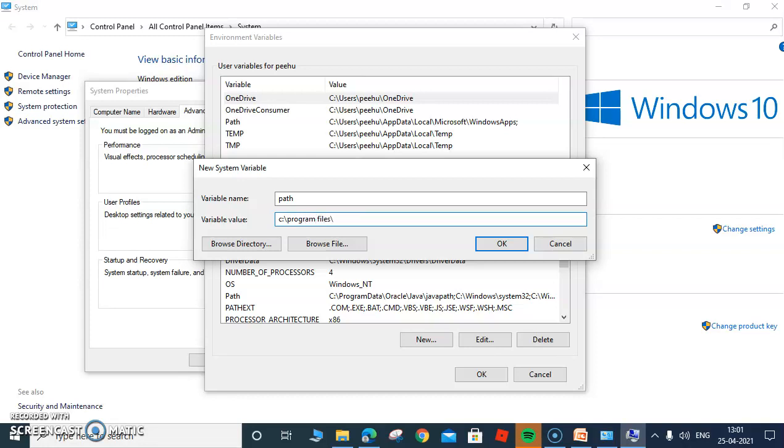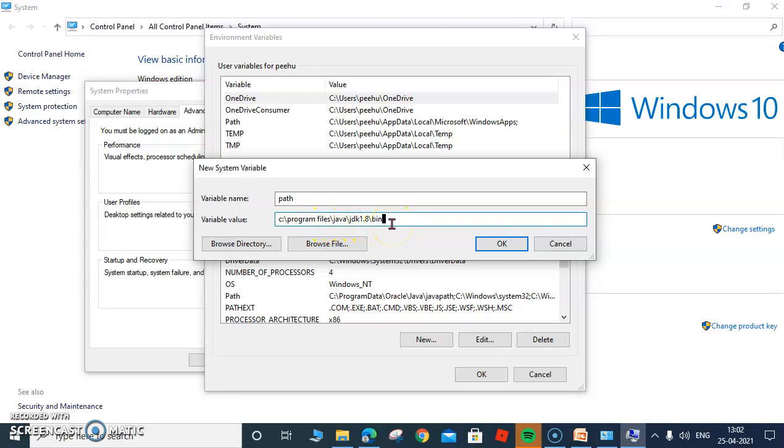Remember, this was the path we checked out. Program Files, then there was a folder called Java, then inside Java a folder called JDK 1.8, which we just renamed, and then inside this there is bin. Make sure you type this path correctly with the correct spelling, and the space over here: it's not File but Files, as I showed you. So it is C drive / Program Files / Java / JDK 1.8 / bin.